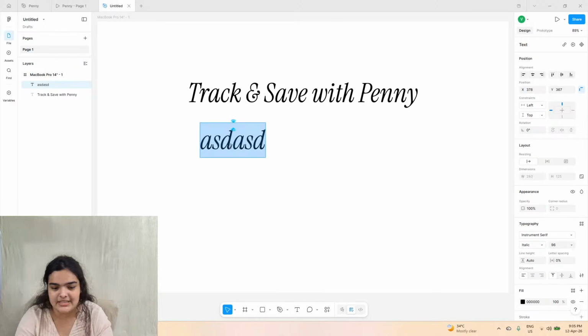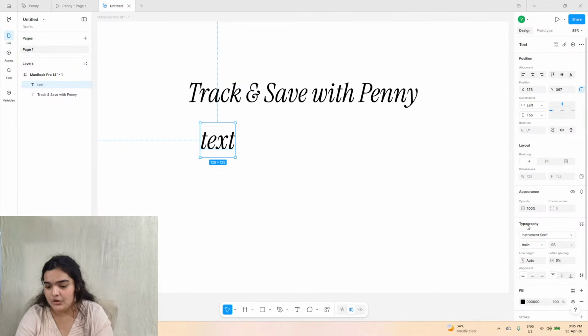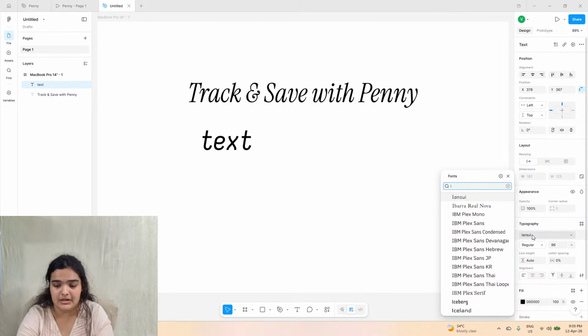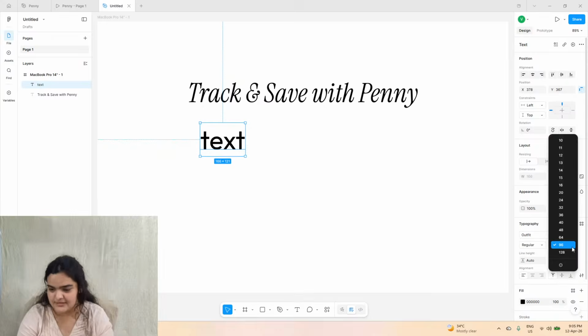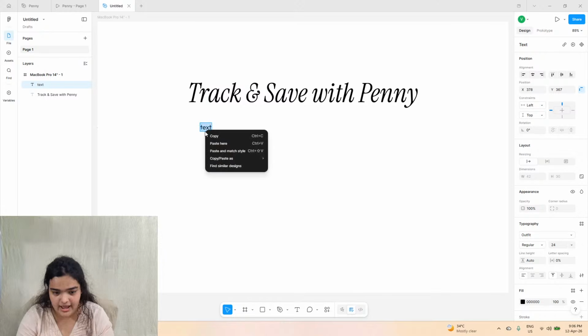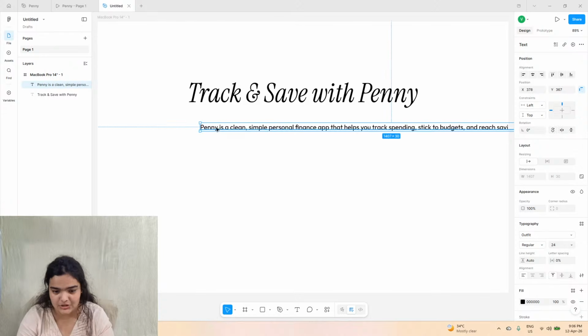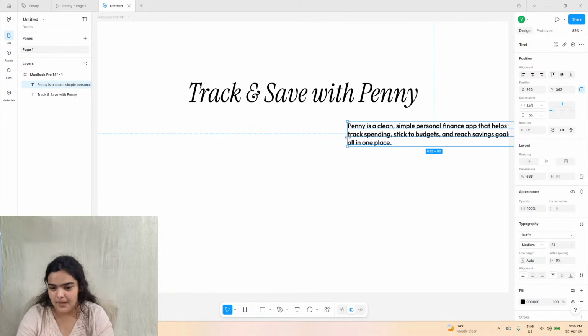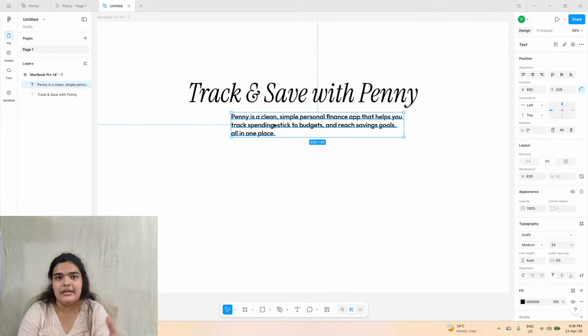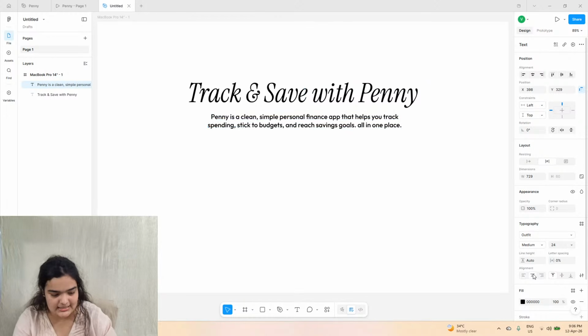But again, for example, if this is the text that we just made up, you could literally go ahead, change the font family to Outfit. I'm trying to show you the styles that we're using for this specific font right now, and get the text to a really small size of 24 and just paste and match styles. And again, you can make the whole thickness medium if you need to, because Outfit is a clean, simple font, and it's fine to experiment around with the font weights as a whole, and that's kind of where we're at right now. And we're going to make sure this aligns in the center